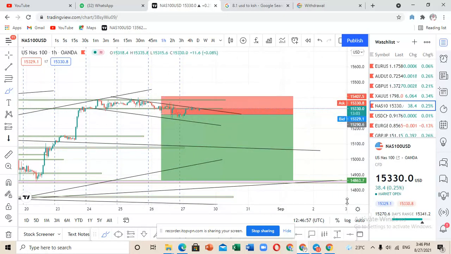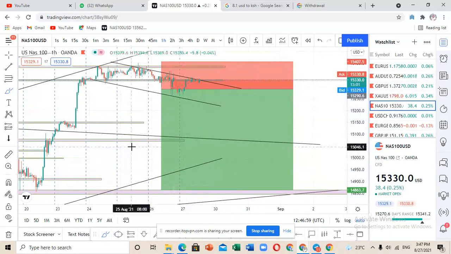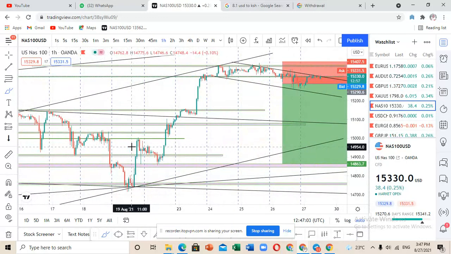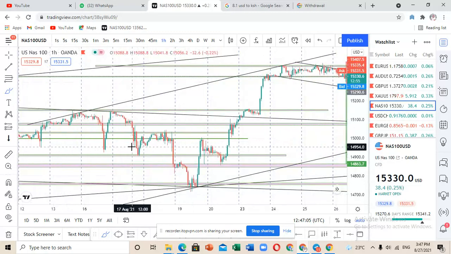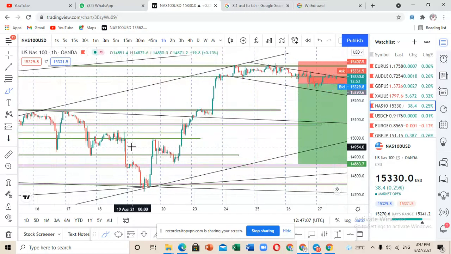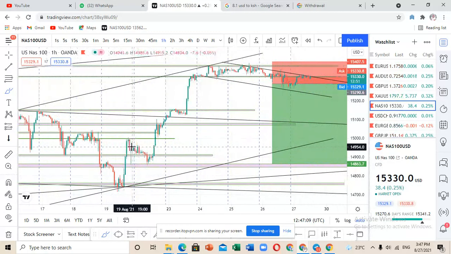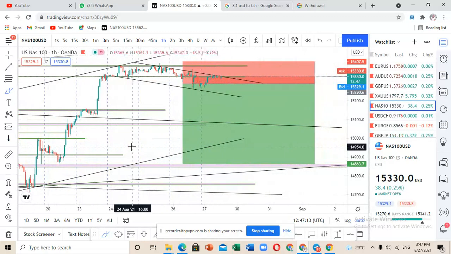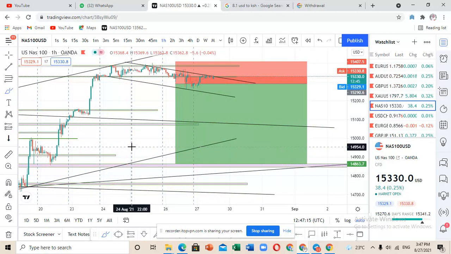So that is what I had for you guys for today. Hopefully this week was not so bad. It was good actually when it comes to trading, for those who are trading trend lines, for those who are trading points of support and points of resistance. There is no specific strategy, especially when it comes to forex. Especially when it comes to currencies, there is no specific strategy that is usually 100% sure.